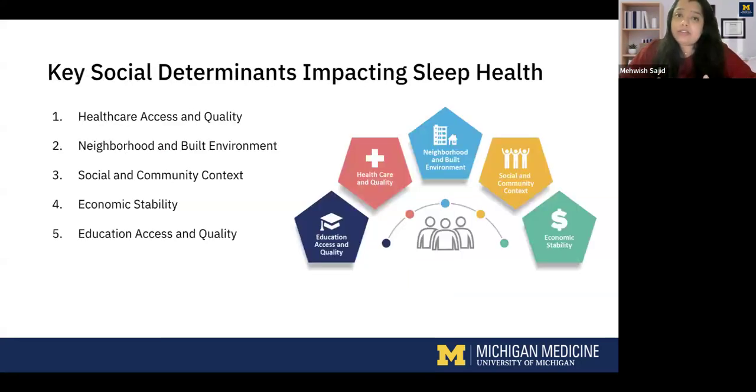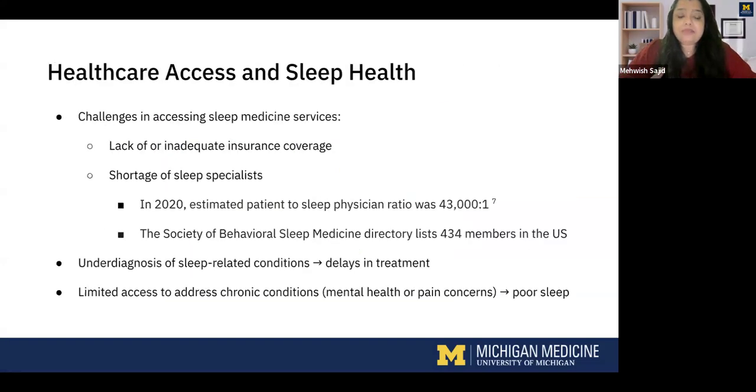And I'm going to now go into addressing each of these and how they might impact sleep health. So we'll start off with healthcare access and quality. So I'm sure a lot of us are very aware of difficulties with access, not only in our sleep clinic, but in general. Through Michigan Medicine, there is a huge challenge for access from a patient standpoint to get in